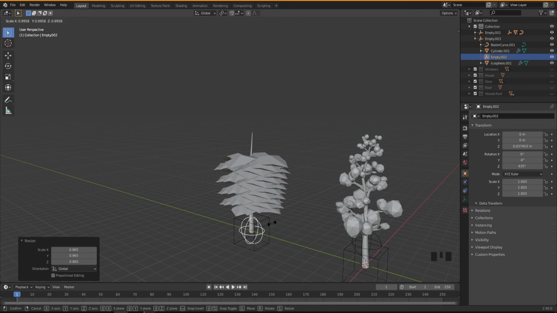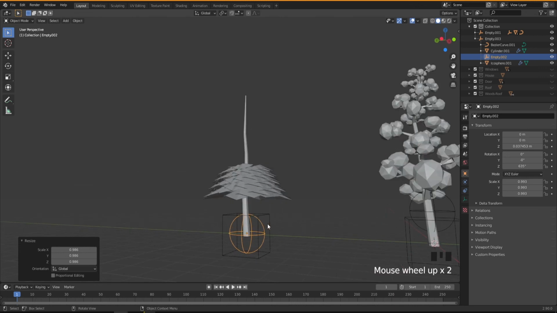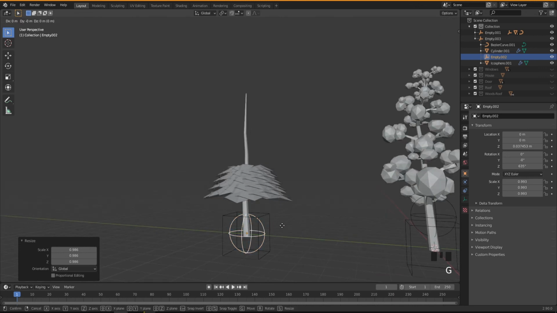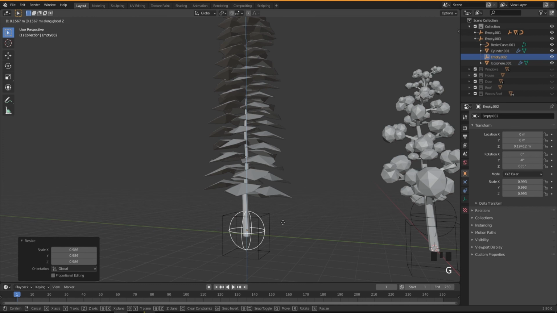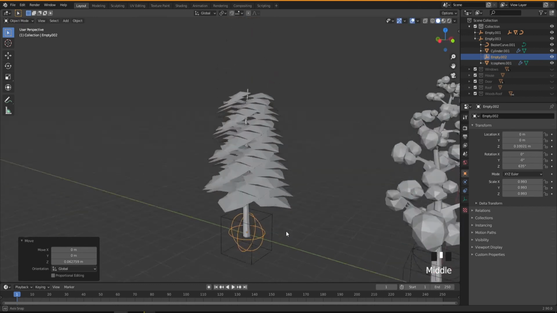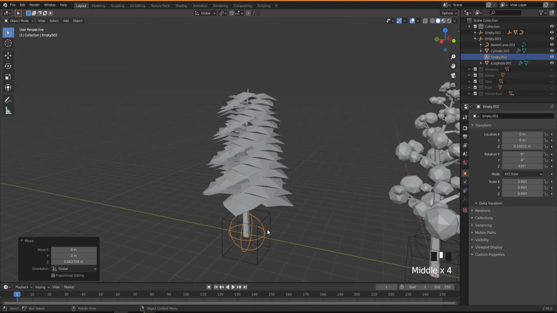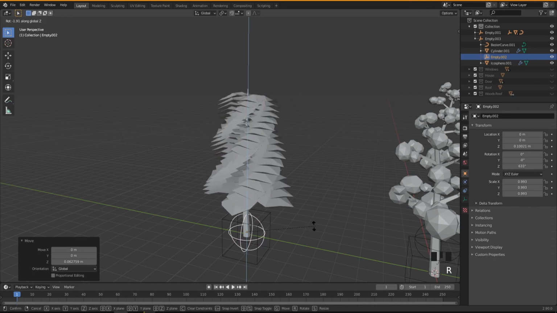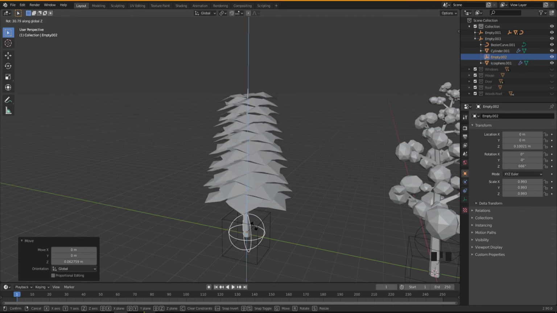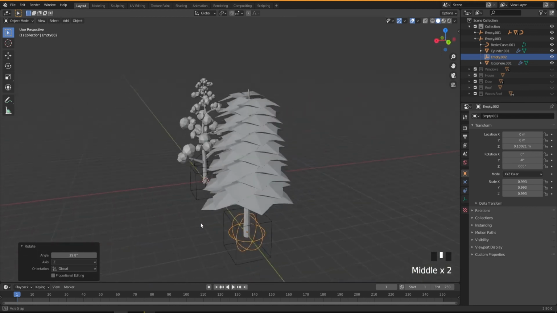If you press Shift, you have better control. So just something like this, and then press G, Z, and Shift again. If you press R and Z and rotate, you can create really different kinds of shapes from this.